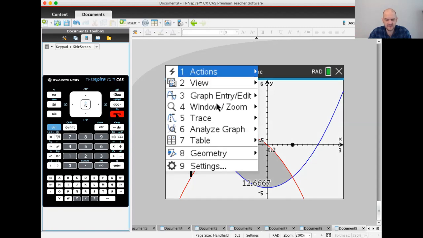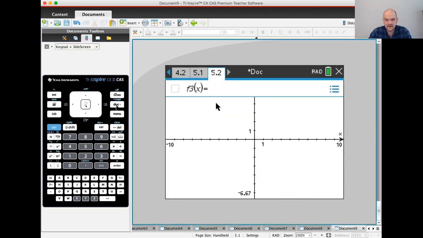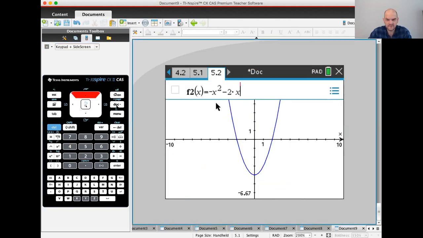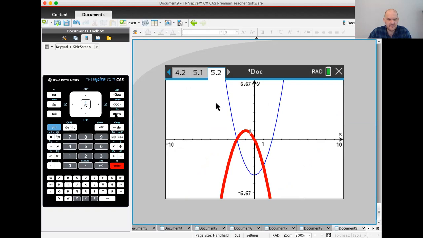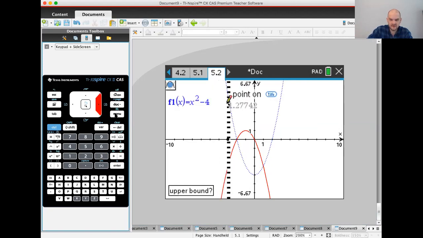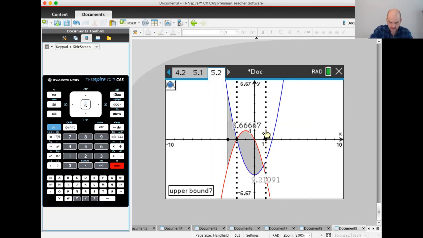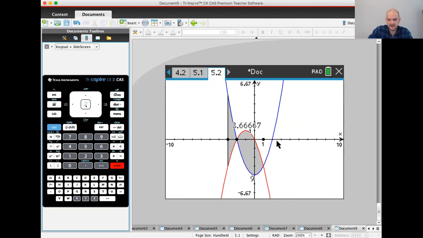So if we had done, I'm gonna insert another graph page and just reproduce it. I'm not gonna change the window this time. If I do menu 6, 8, and I go from -3 to -2, I get that. And then if I do it again, menu 6, 8, and I'm gonna go from -2 to, can I just type it and it'll work? I'm not really sure. 1. I get this,